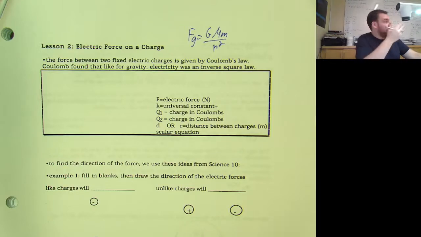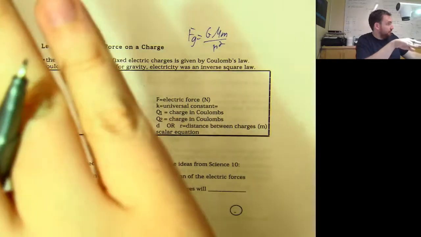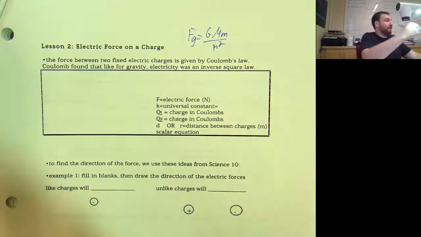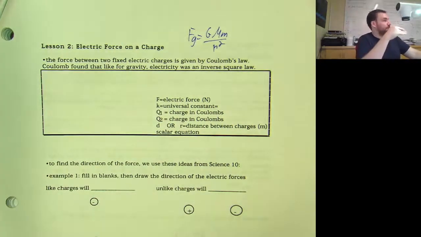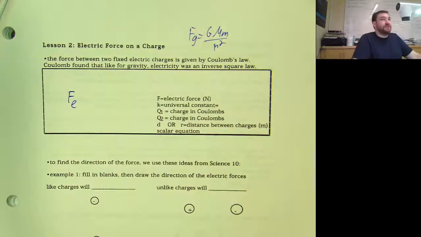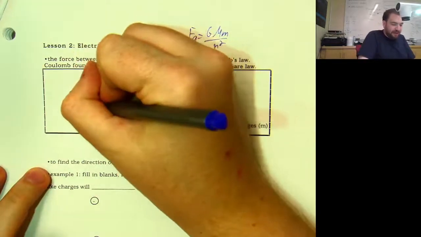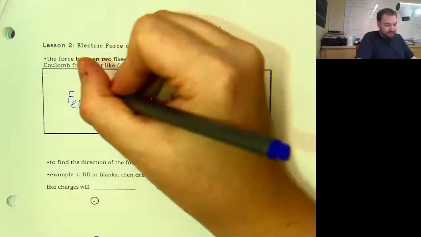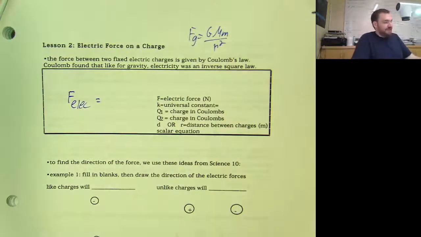That force gets smaller as it falls off as 1 over r squared. As you get further away, it falls off quickly. Coulomb discovered that charged objects behave exactly the same way. He found that the force between two electrically charged objects, which I'm going to call F sub E, or F sub elect, which is sometimes how I write it, he found it to be